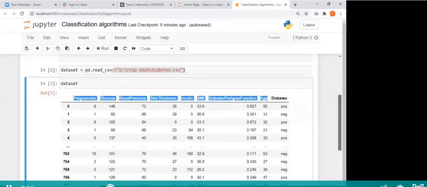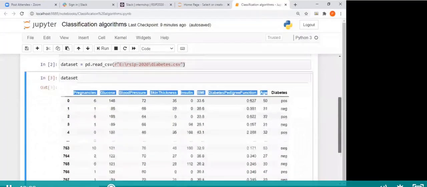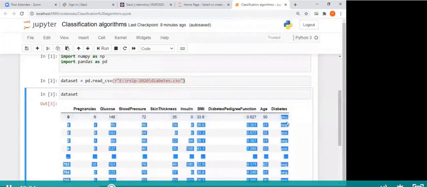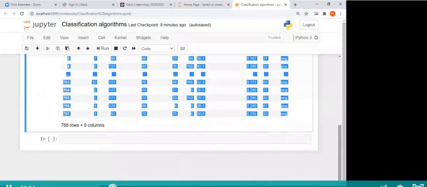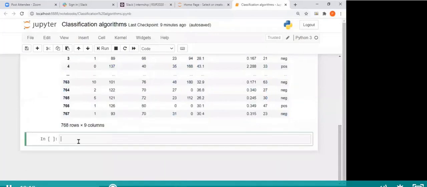We do have string data in diabetes, so yes, you have to do it, because it has pos or neg. First of all, let's check whether there are any missing values or not. dataset.isnull().any()